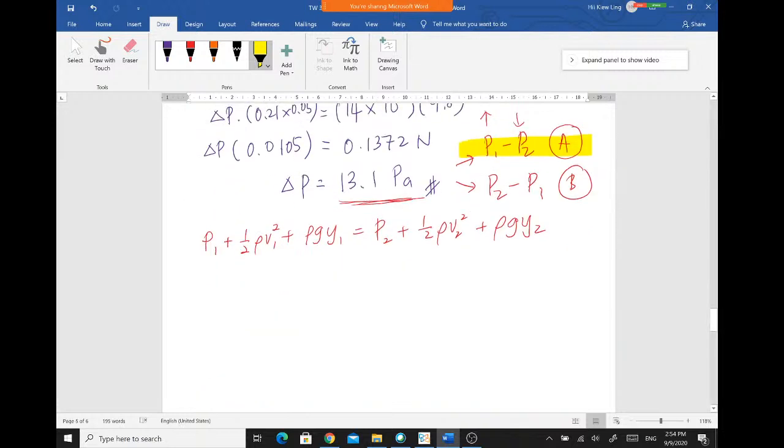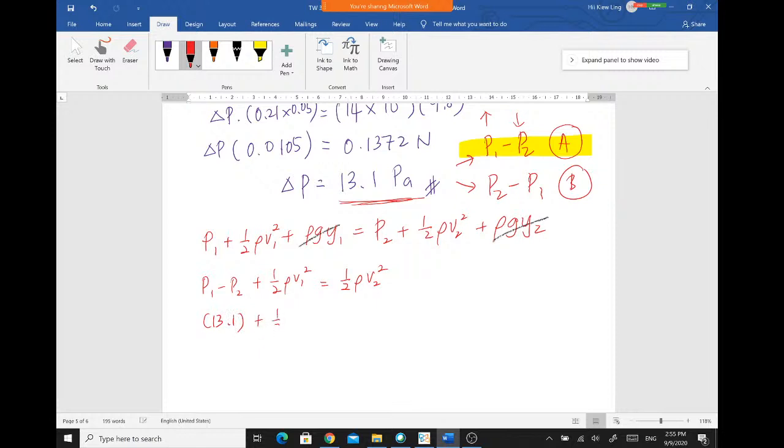So rearrange the equation here. P1 minus P2 plus half rho V1 squared. For rho g y, we can just set it equal to 0 because y1 is assumed to be equal to y2. And it equals half rho V2 squared. So can you find your V2? Can, right? So P1 minus P2,